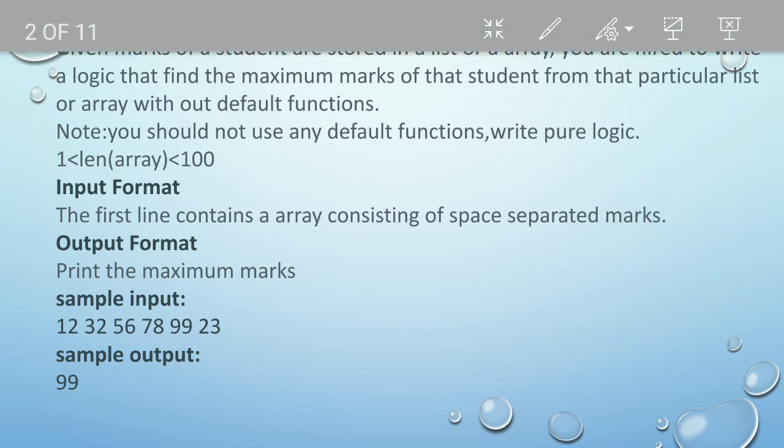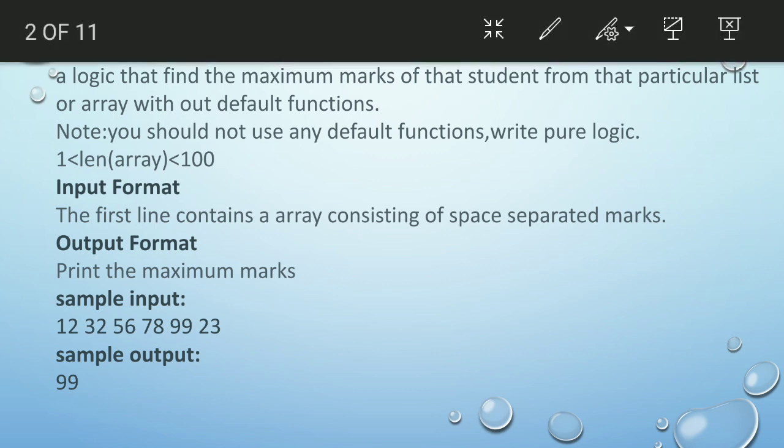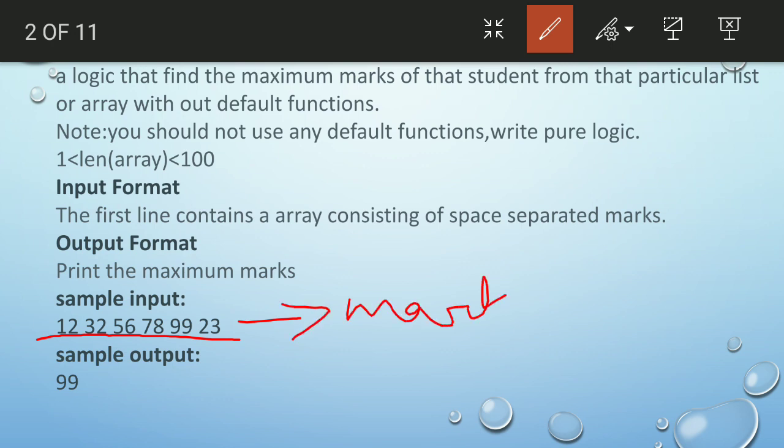So we have been given a list of marks of the students, and you need to find which marks is the maximum, without using a default function.